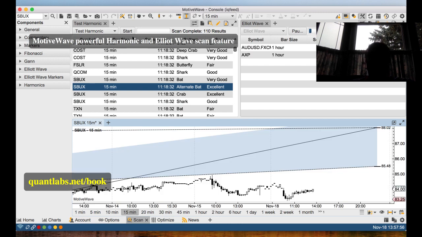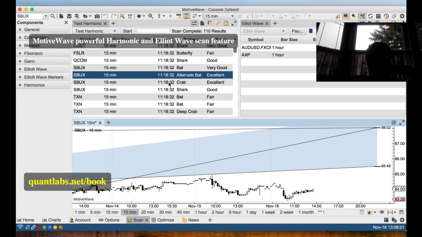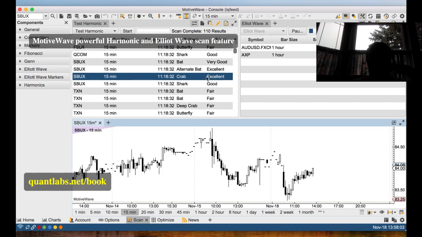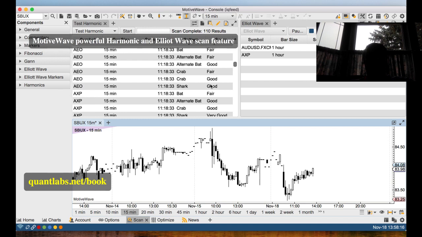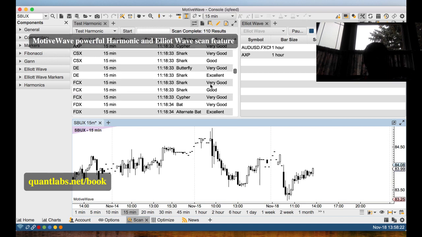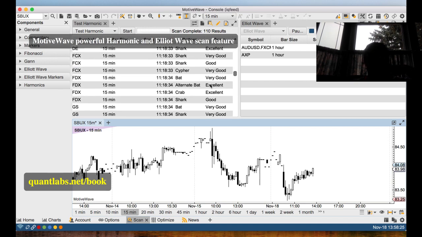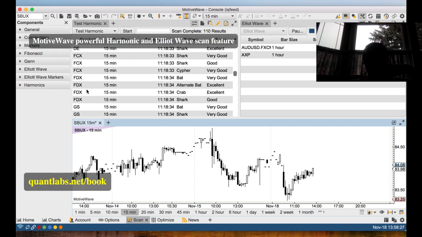So if I do a start on this, but I did this a few hours ago, so we'll just leave it at that. But you can see here, from my experience with using harmonics, if you get two types of harmonics giving you this kind of score of excellent, that's telling you that there is probably an opportunity there that you may want to investigate. So I'm starting to think that maybe this is a good starting point. So here we have FDX